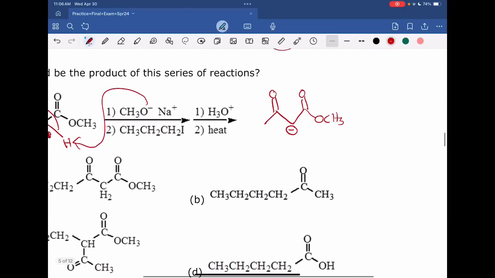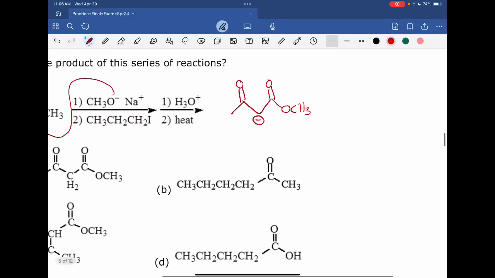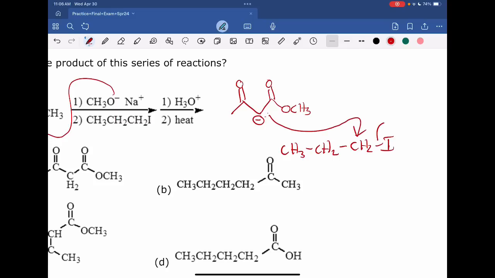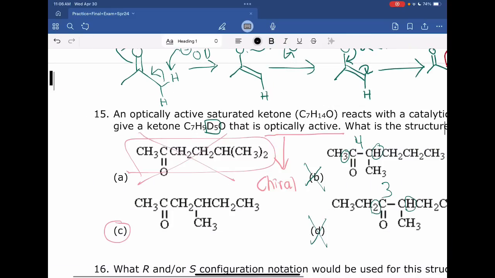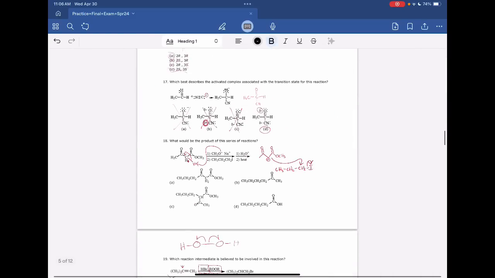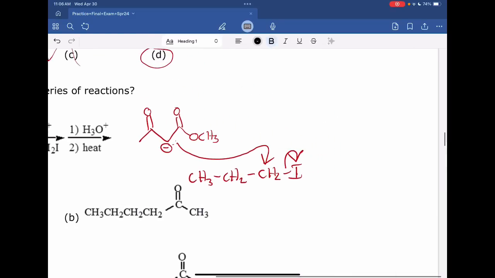And then in the second step, you're going to react this with an alkyl halide, CH2, sorry. This negative charge in the carbanion is going to go after this carbon, just to normalize the reaction, and we get, oh, there we go, sorry. And we get